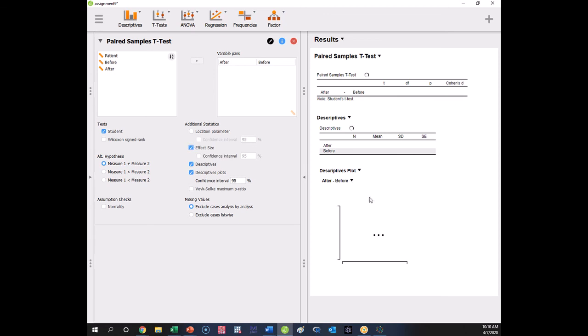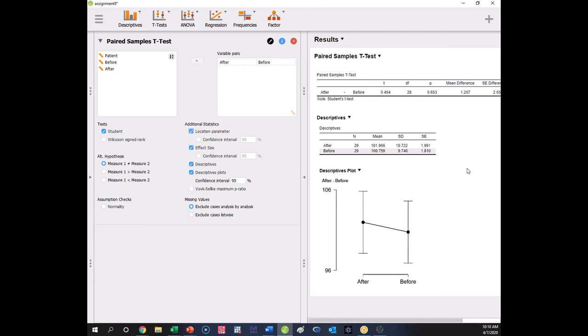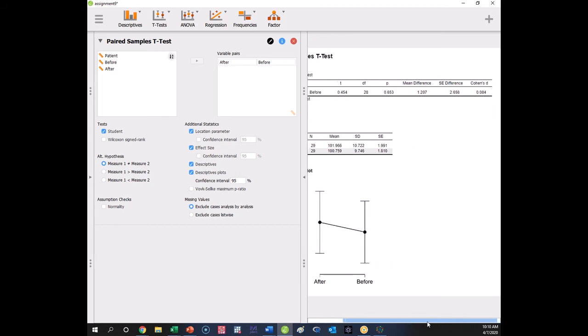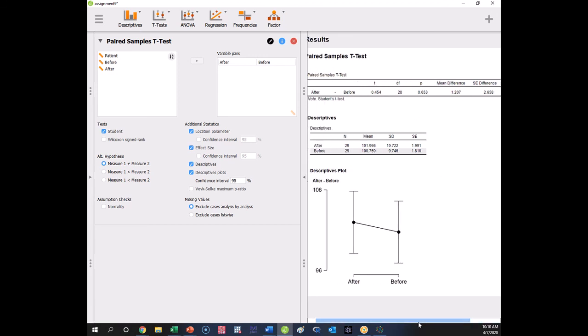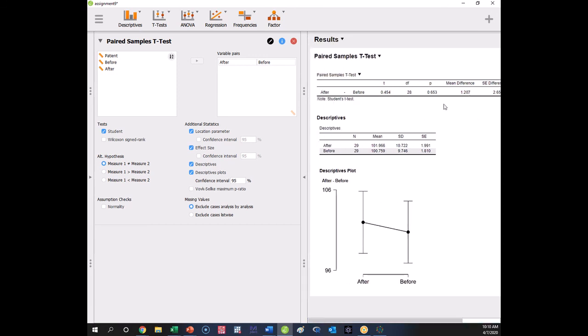You can again get effect sizes. The effect size here, Cohen's d, is reported. And so all of these things give us what we want. Now, if you want to get the location parameter, which is what I got when I clicked this button, this gives you the mean difference, which was the last thing we were asked to report. By clicking on that mean difference, you'll see this number is the difference between these two numbers. So if I open up my calculator,